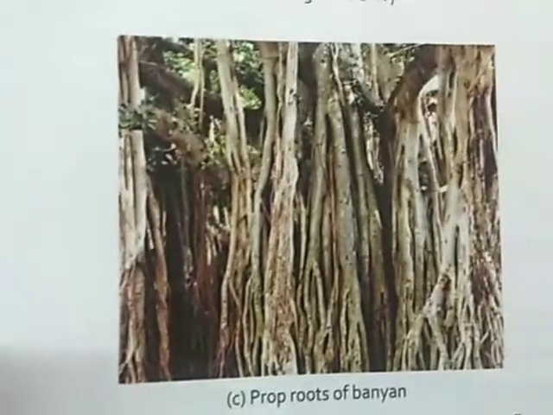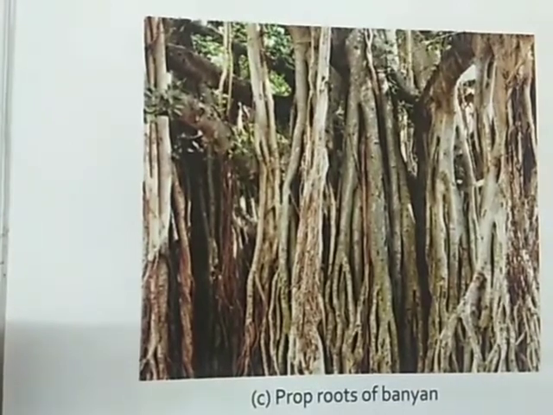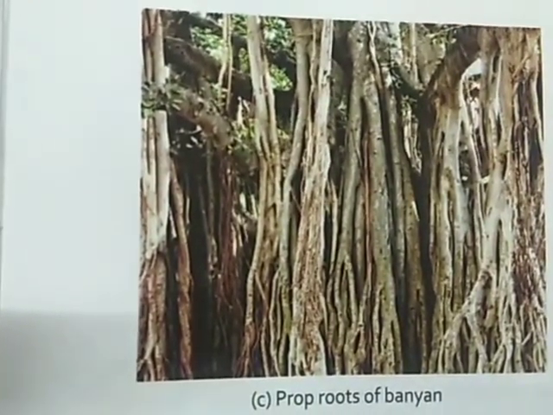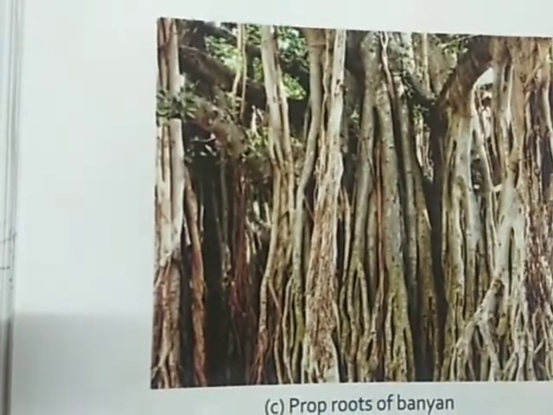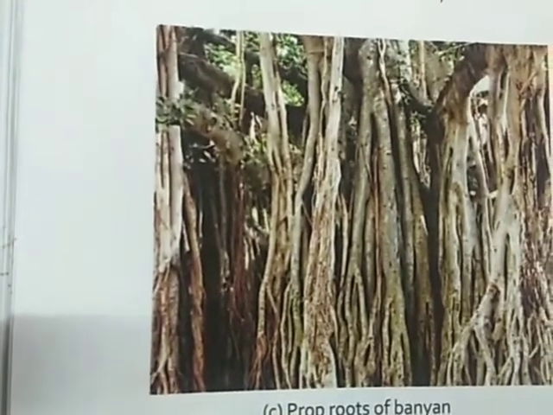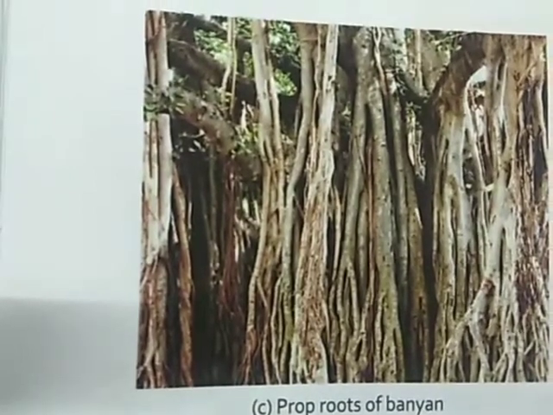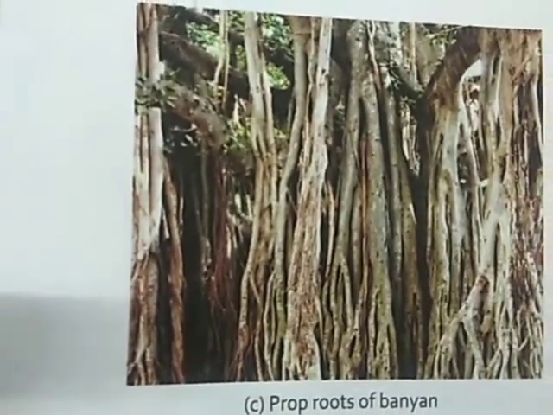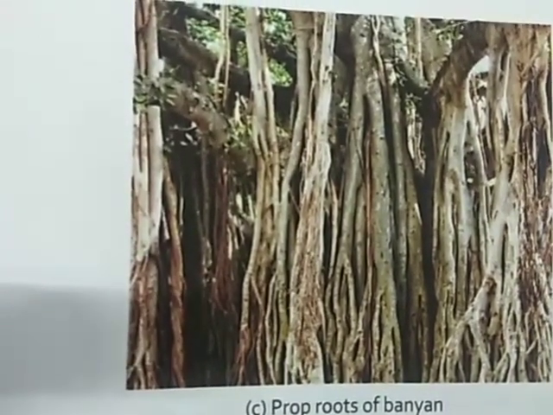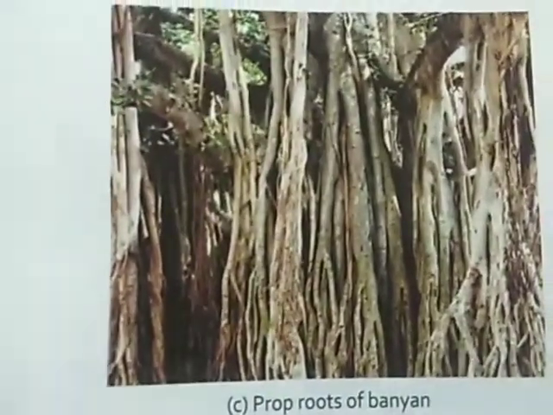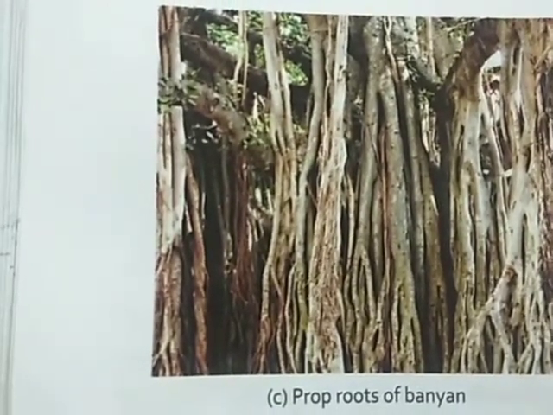Now, this you have seen, this is a different type of tree. Which tree is this? This is the banyan tree. Now, what does this banyan tree have? Extra branches. Those are not actually branches. Those are roots grown above the soil, which we can see hanging there. These roots give additional support to the plant, especially in the banyan tree. So these kinds of roots are known as prop roots, which give additional support to the plant.